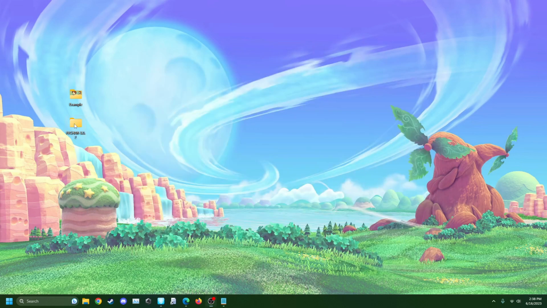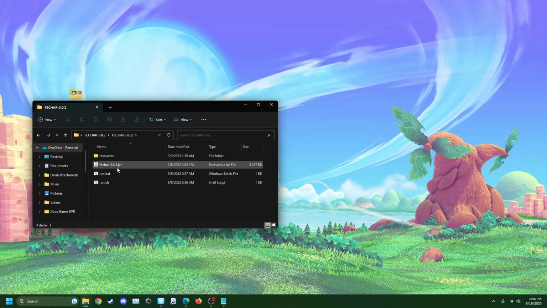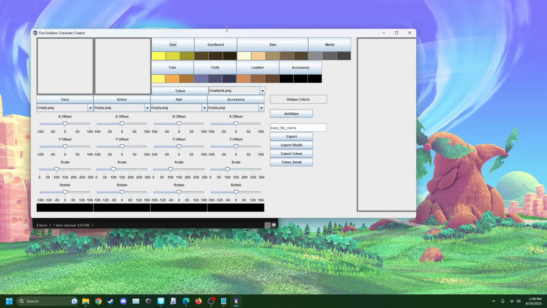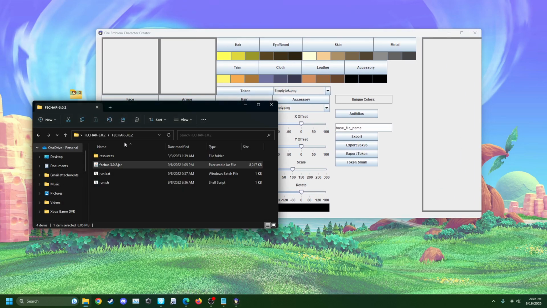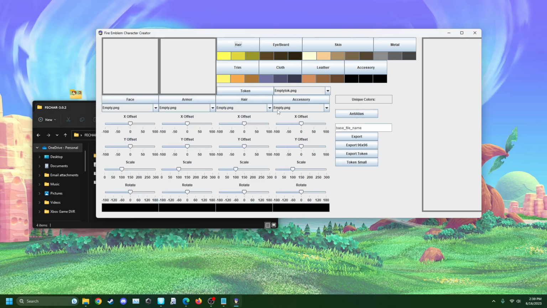First off, you're going to want to create your character, and we're going to do that by using the Fire Emblem character creator. Now make sure you keep the Fire Emblem character creator, once you download the zip, in a folder and have everything in the same folder. Otherwise it won't work. What we're going to do is create a character. I already have an idea of who we're going to build. So we're going to pick our character of Hollywood,